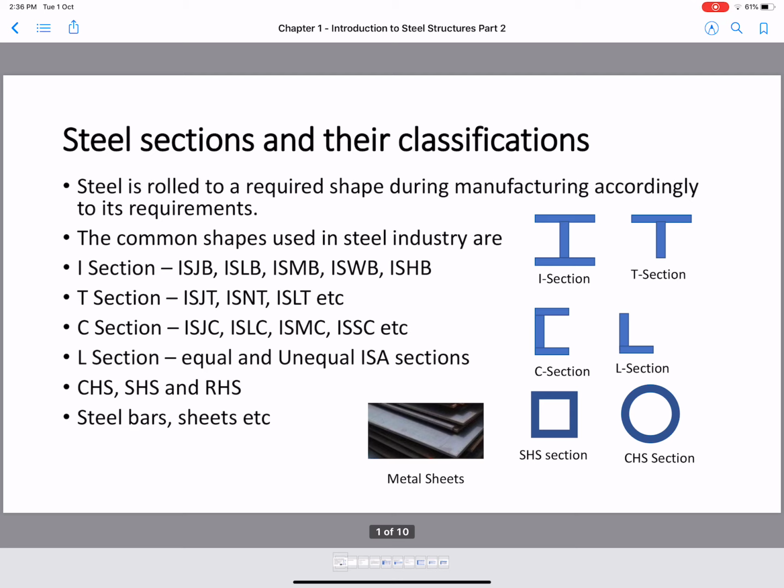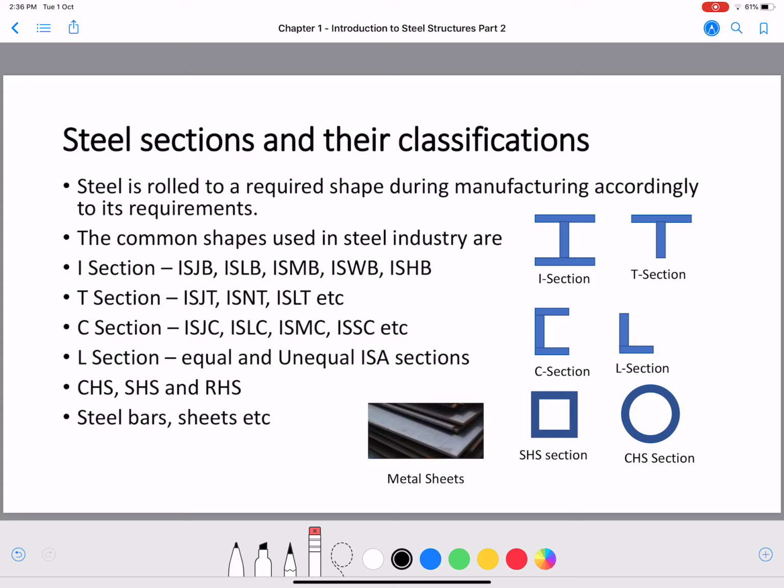There are many different types of shapes available in steel sections. However, the ones generally used in the structural industry are I section, T section, C section, L section, hollow sections, steel bars, and sheets. Let's discuss these sections. Now, the I section is also called a universal beam. It is used generally where the bending moment is predominant, like bridges, industrial structures, columns, beams, and